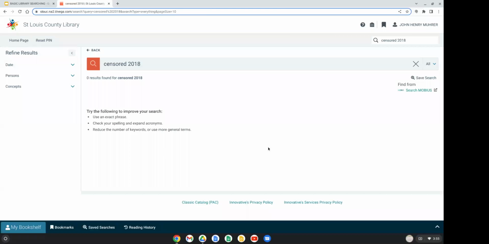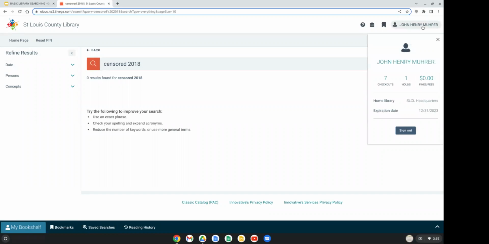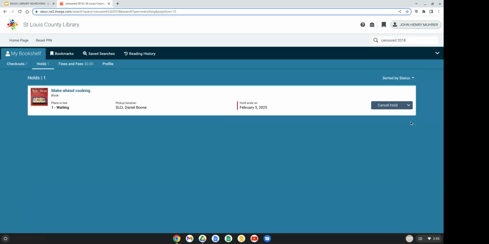Now, I had placed a hold before, and I don't want people to take action on it. You can see I'm still logged in here in the upper right-hand corner. If I hit here, we can see our holds are right there. I'm going to click on my holds. We can see it's waiting here, and so I can do options. I can either freeze the hold, which will mean my place in line will be held until I unfreeze the hold. But what I want to do right now is cancel this hold,